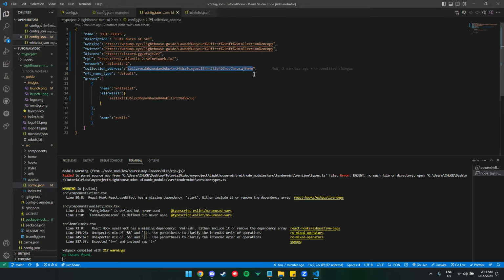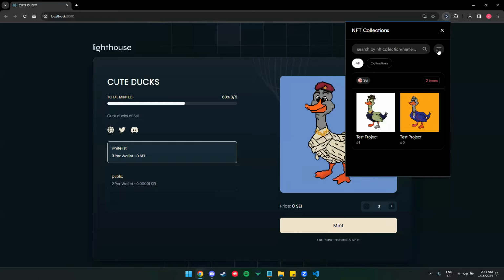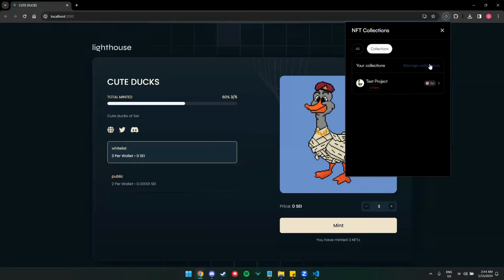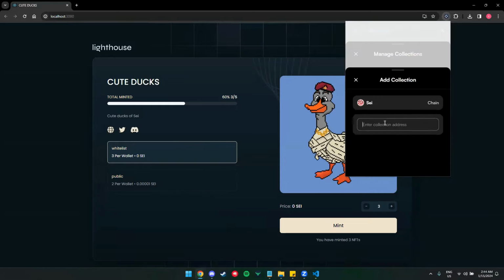It's the same. Go back to your wallet. Oh, sorry. Collections, manage collections, and add collection. Paste the collection address. As you can see, the collection name is Cute Ducks. So turn that on.